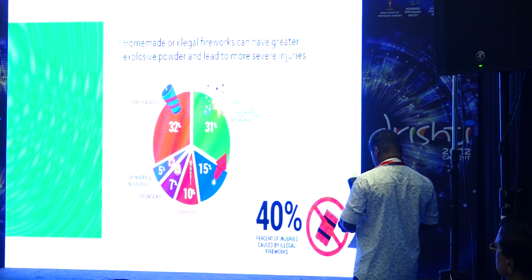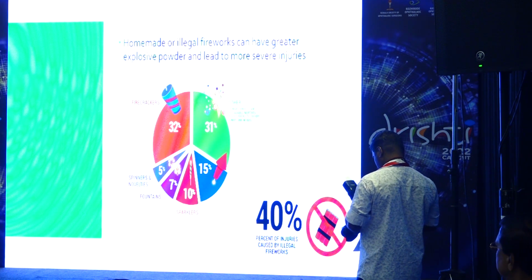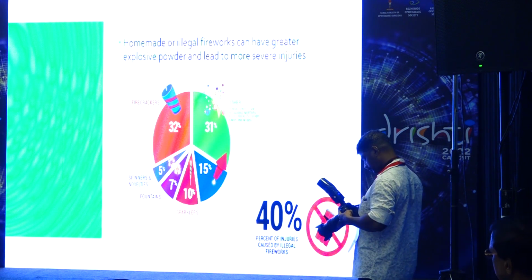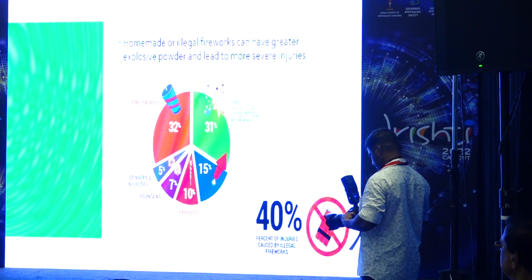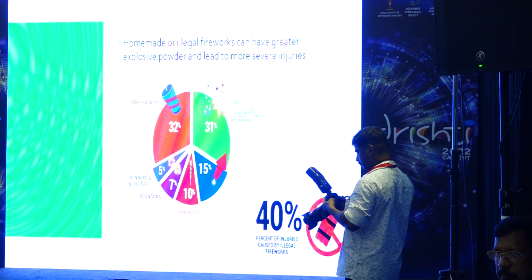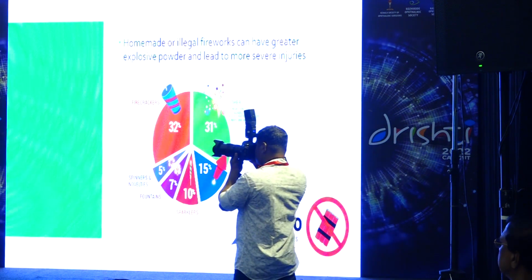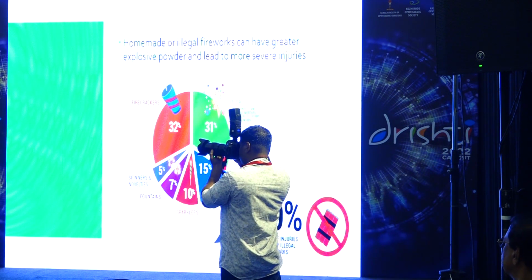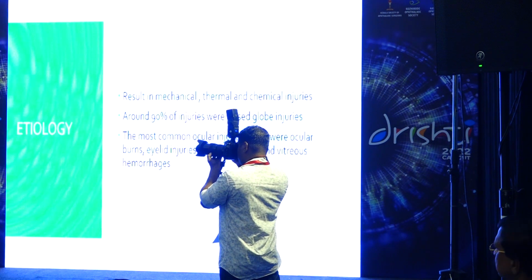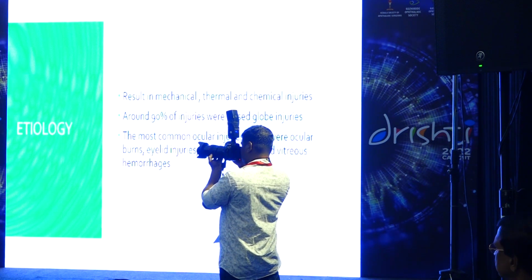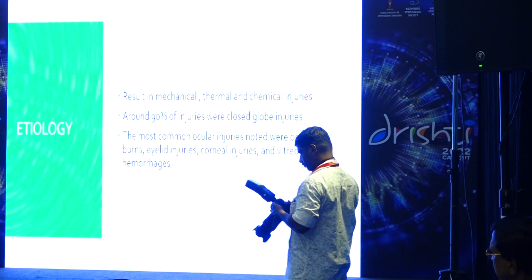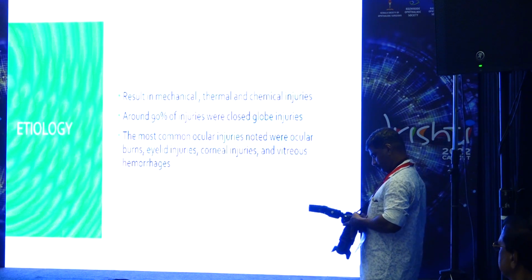And most commonly, injuries are caused by firecrackers, and firecrackers mainly cause ocular burns and superficial foreign bodies. There are some other types of fireworks, like mortar type and rocket type fireworks, which have more explosive power and lead to more severe injuries, even rupture of the globe. Now coming on to etiology, it results in mechanical, thermal and chemical injury, and 90% of the injuries were closed